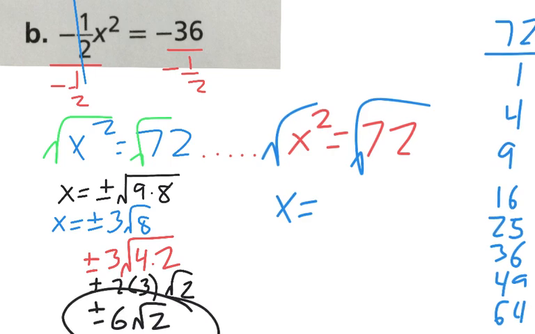The next one's 81. That's too big. So can I rewrite 72 as 64 times a whole number? No. Can I do 49 times a whole number? That's not going to work either. 36 times a whole number. Yeah. That works. 72 can be written as